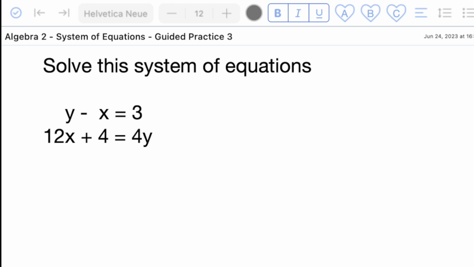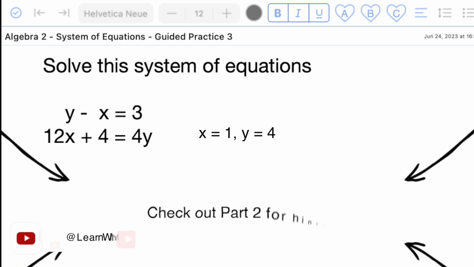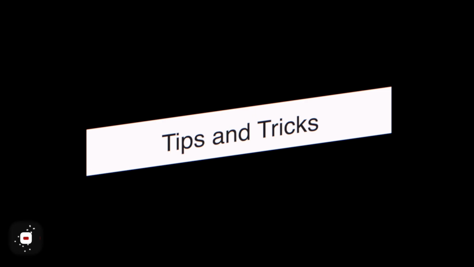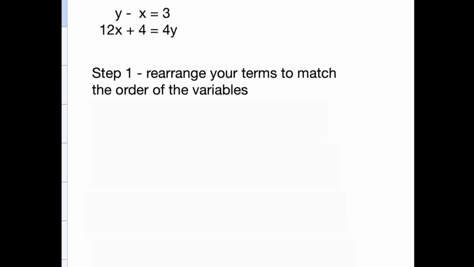For this problem, the answer is x equals 1 and y equals 4. If you didn't get the answer, check out part 2 for hints on how to solve the problem and try again. So if you didn't get the right answer of x equals 1 and y equals 4,